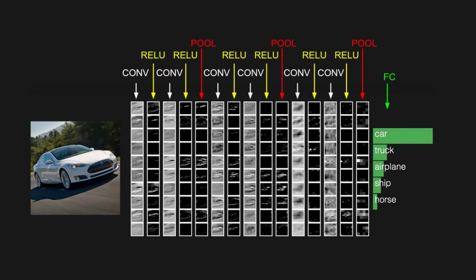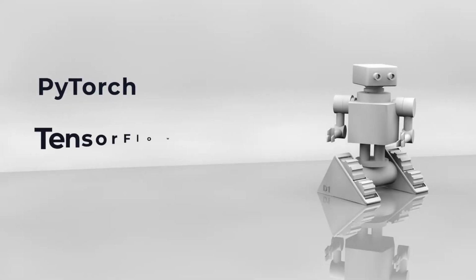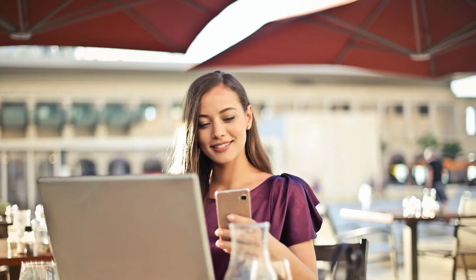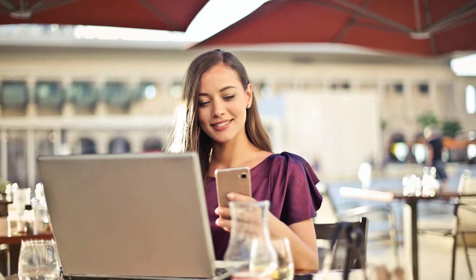Many matrix operations are used in deep learning analysis. You need to use a library to implement these operations. The most used libraries for deep learning are PyTorch and TensorFlow. TensorFlow is mostly used in industry, while PyTorch is used more for academic research. In this video, I will talk about PyTorch for deep learning.